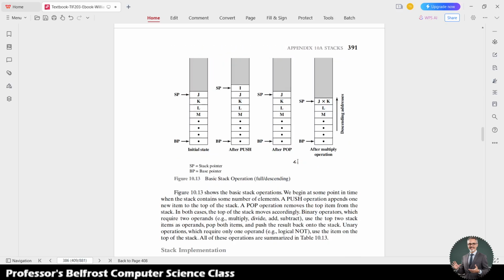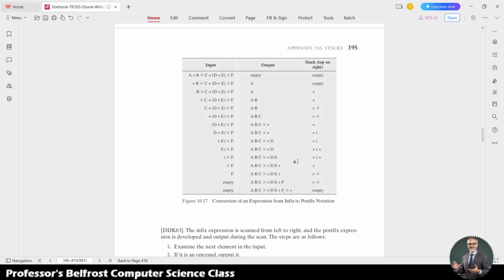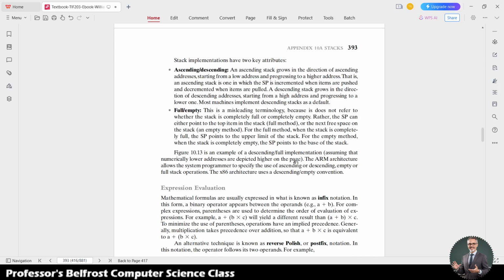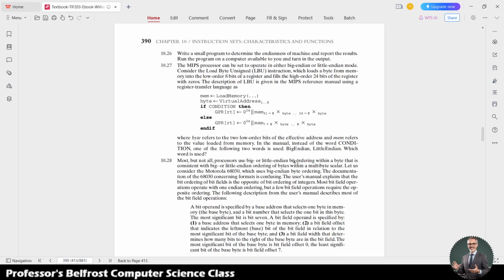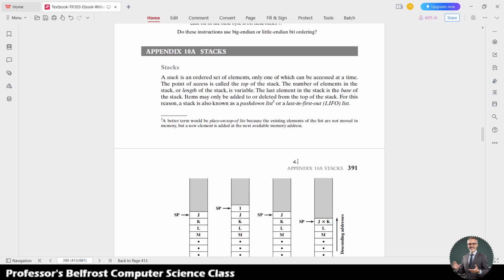Okay, let's just dive into a new chapter. Mathematics. Oh, here's something interesting: a stack. A stack is an ordered set of elements, only one of which can be accessed